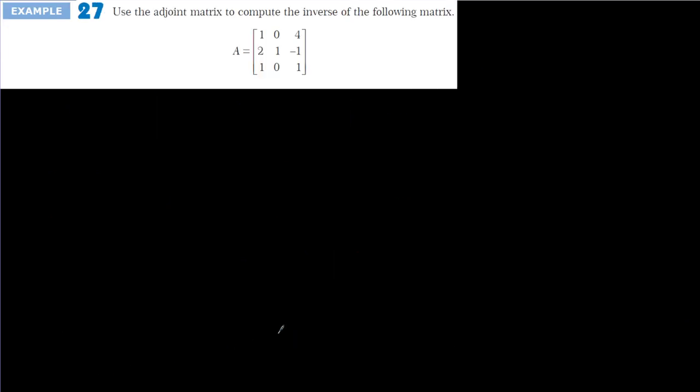Now by using the adjoint form, we are going to find the inverse of the matrix A. So I have to find firstly the determinant of A. I know the adjoint of A from the previous question. So for the determinant of A, I have to find